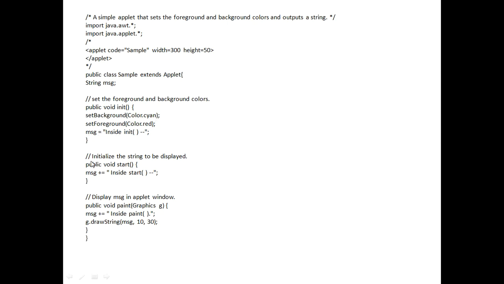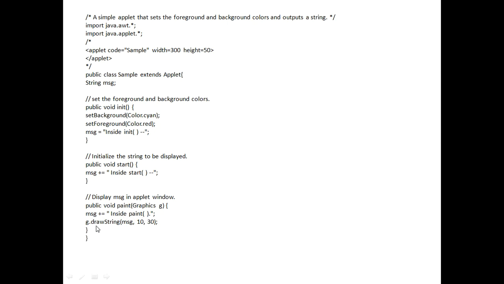So when the init method is called, after it, the second method called inside the applet is the start method. After "Inside init", in start we append a message, "Inside start", to this. Then in the paint method, what exactly have we done? We have appended one more message, "Inside paint".